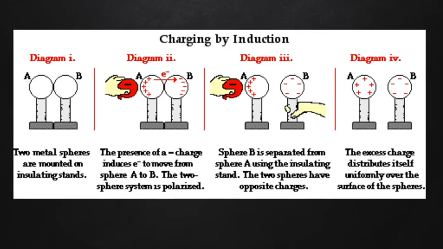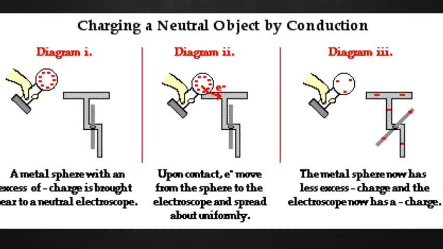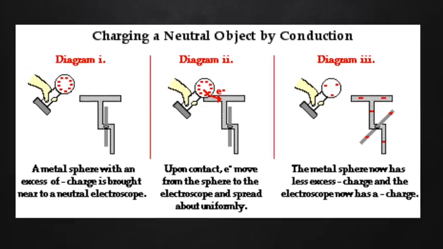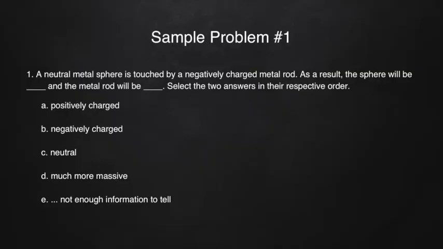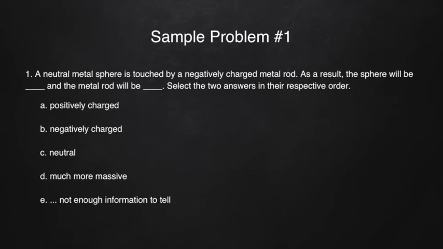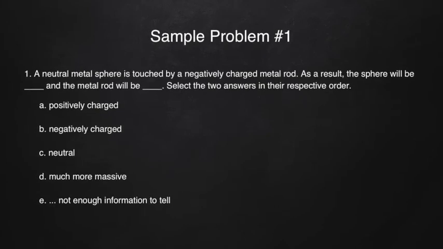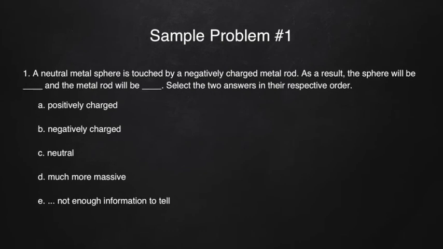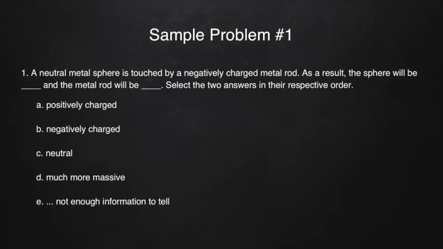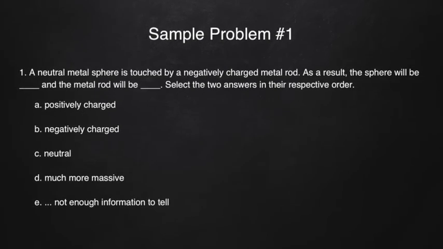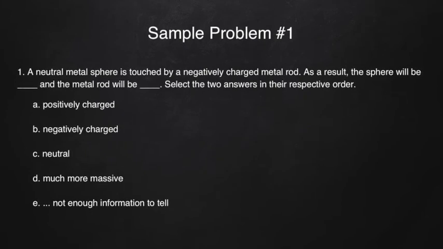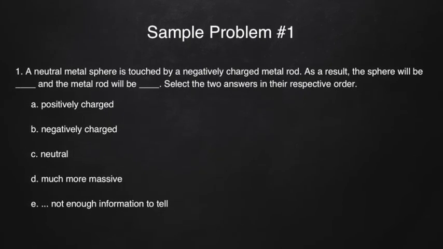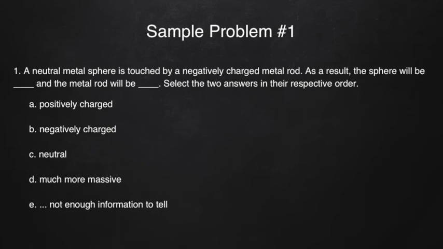Okay, now moving on to the first sample problem. In this problem, it states, number 1, a neutral metal sphere is touched by a negatively charged metal rod. As a result, the sphere will be blank and the metal rod will be blank. Select the two answers in their respective order. A, positively charged; B, negatively charged; C, neutral; D, much more mass; E, not enough information to tell. The answer is